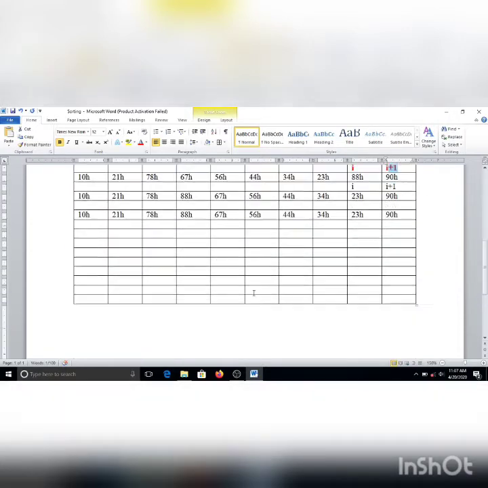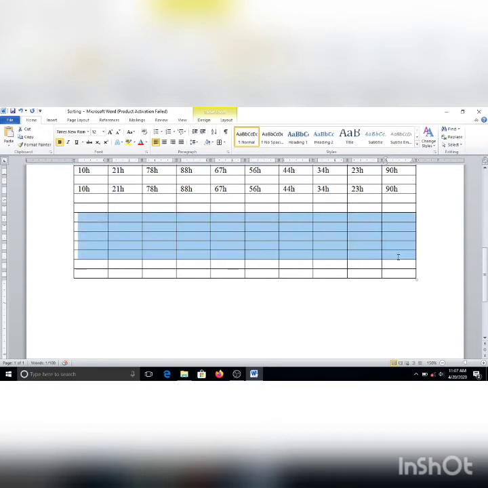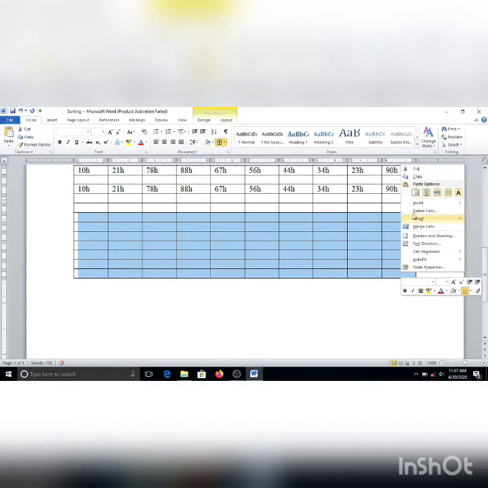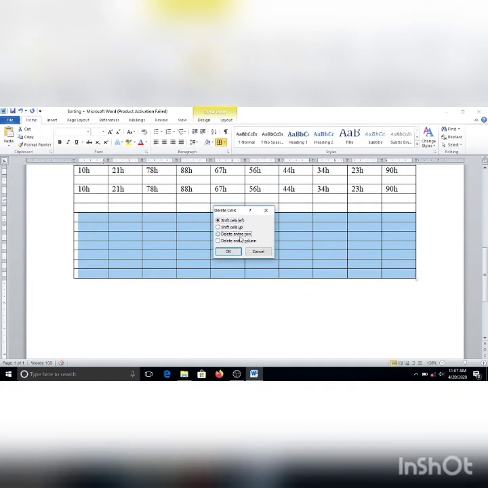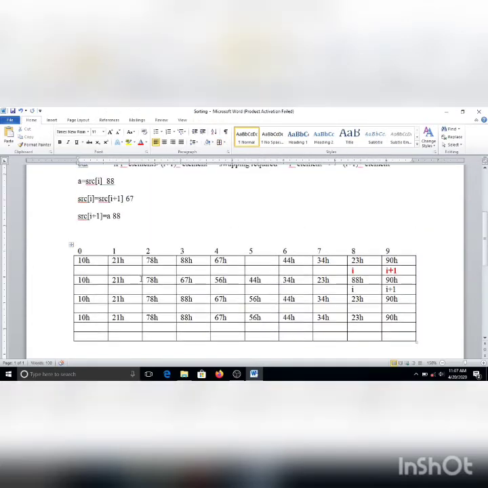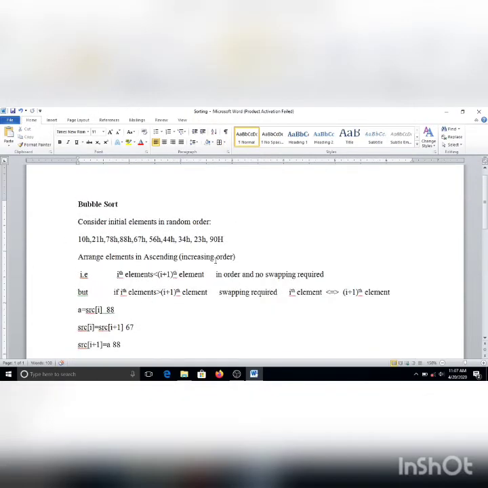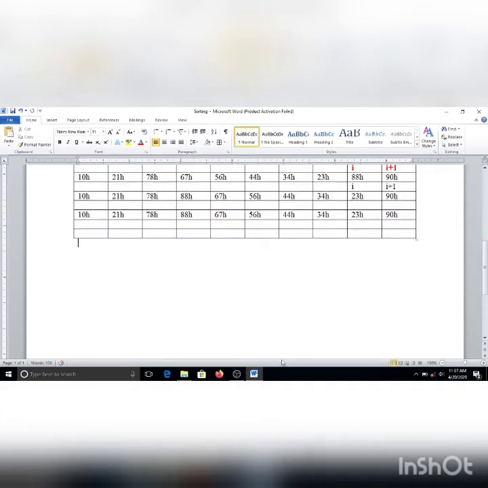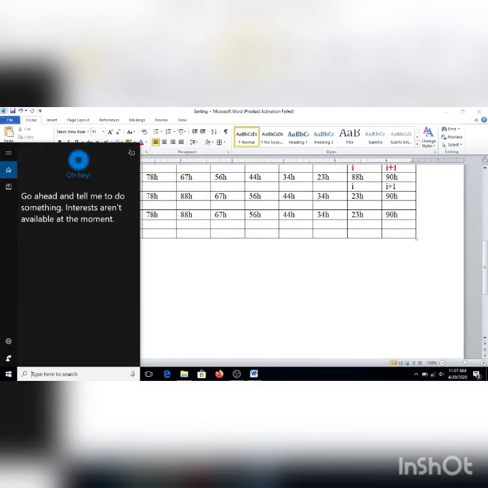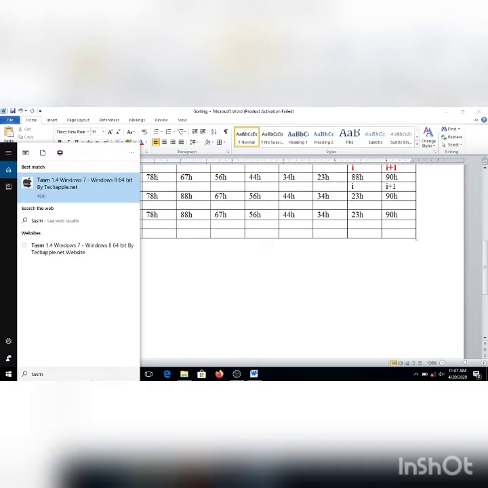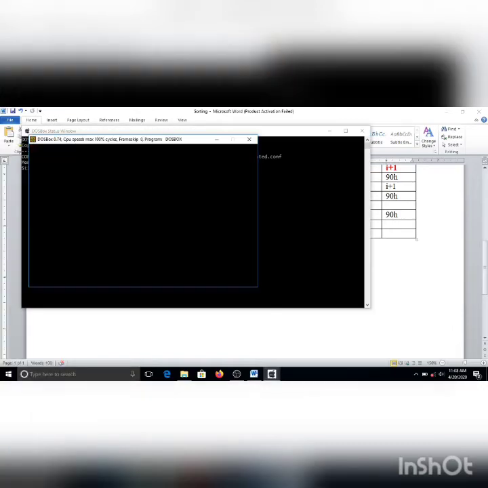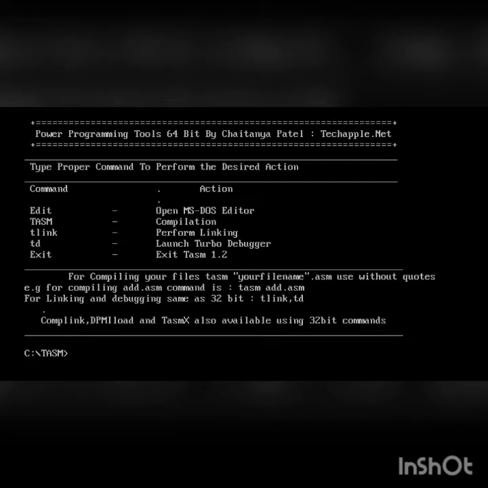So let us write the code for this. I will remove those lines. These elements we can declare by using the data segment. So let us write the program for this. I will pass a file name.